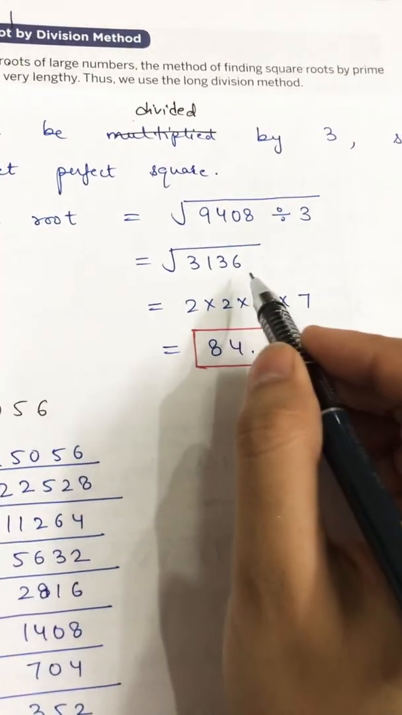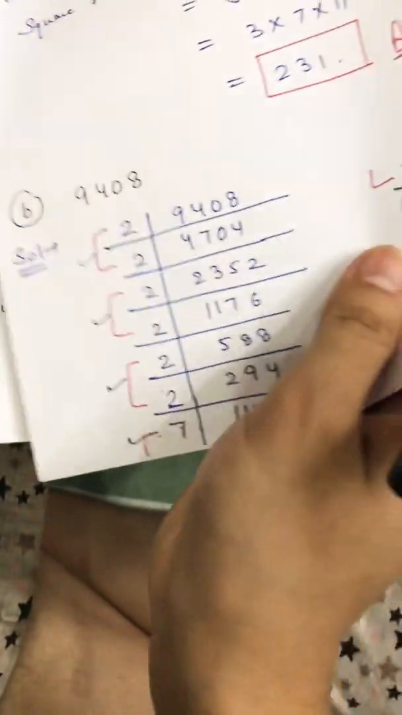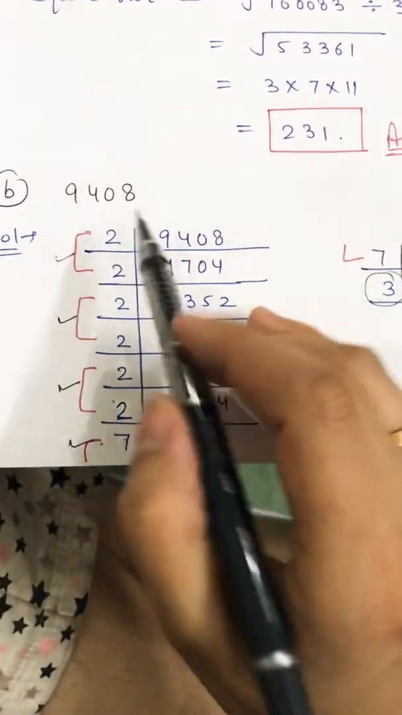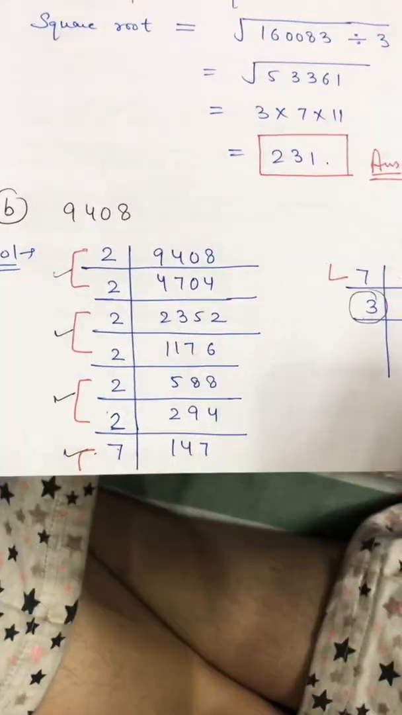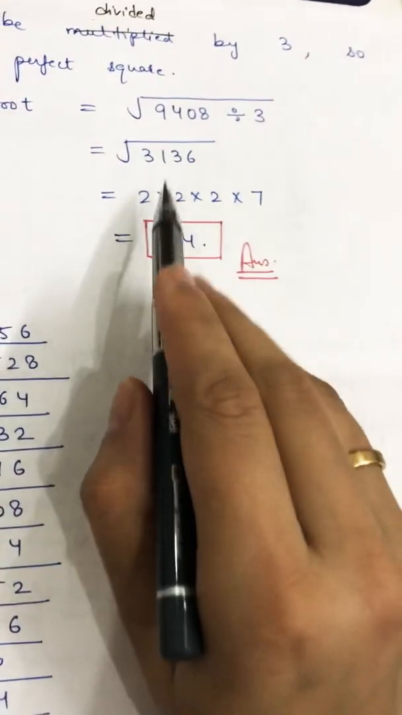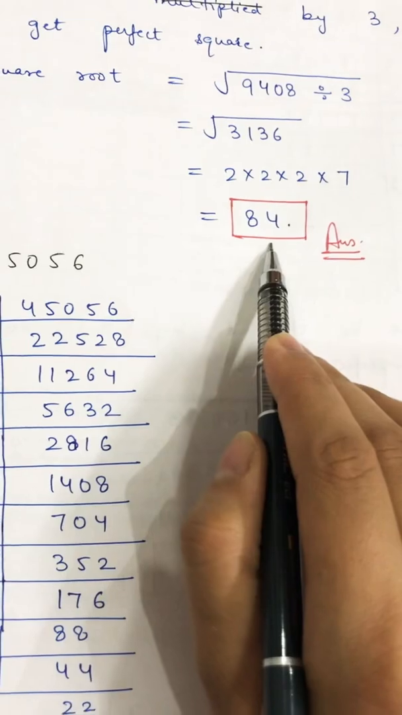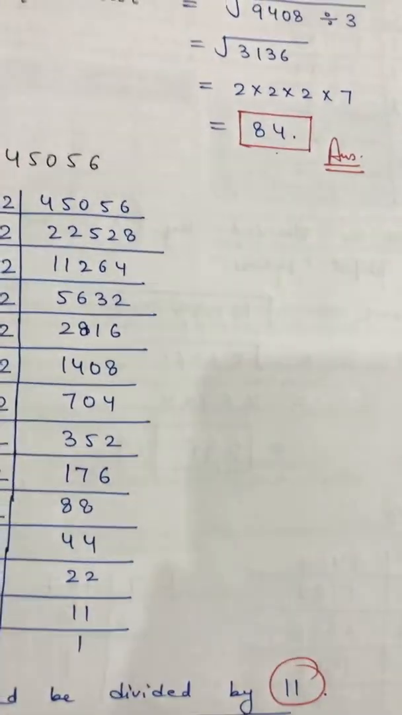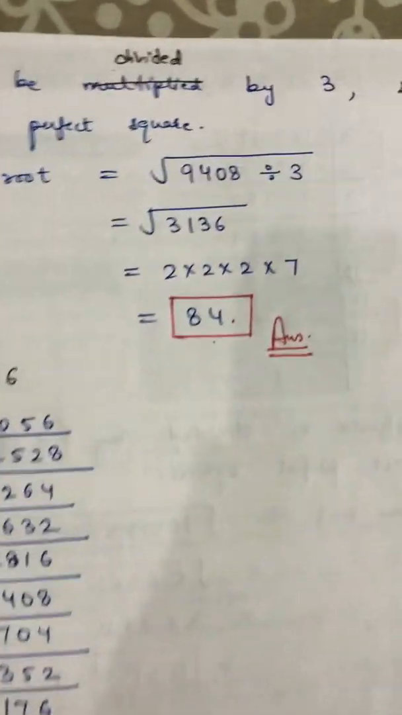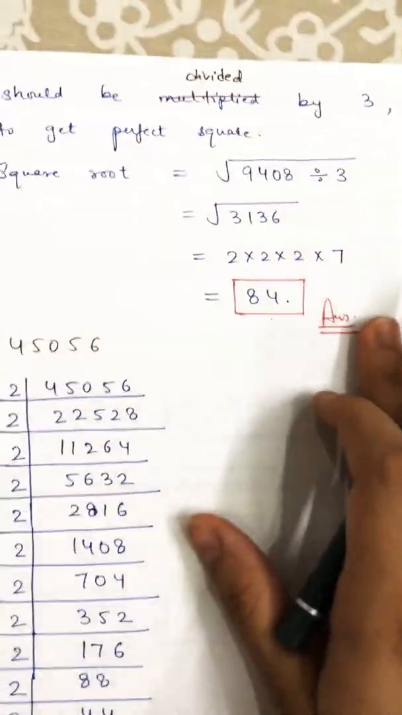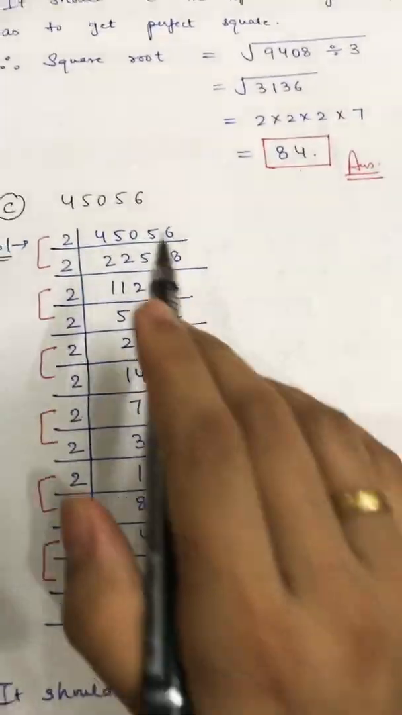Okay, now 3136. Now you are having 4 pairs. Write down that in the answer. 2, 2, 2 and 7. So right here 2 multiply 2 multiply 2 multiply by 7. You will get 84. Okay, so this is your answer. Okay, so now next part is part number C. Part number C is